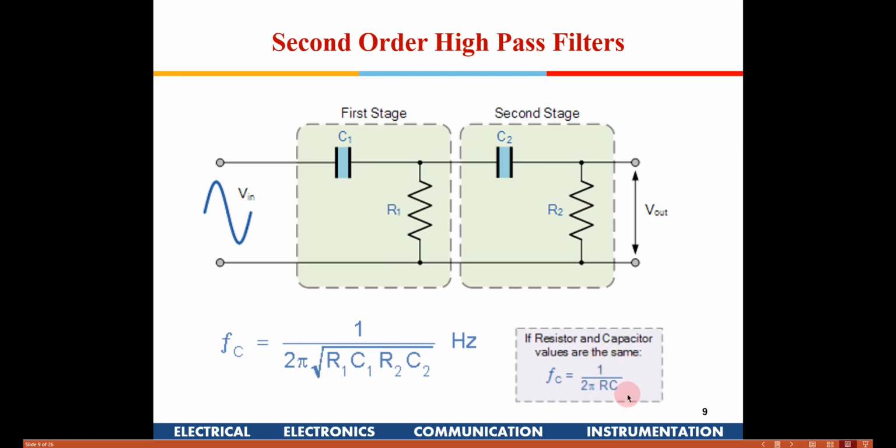Now what is the great advantage, since the cutoff frequency is the same, right? If you use RC here, RC here, the cutoff frequency is the same, then why do we have to do such higher order filters when we are putting the same thing here? So you are using double the number of components. So what is the gain in this case? Because the cutoff frequency is the same, right? So what is the gain?